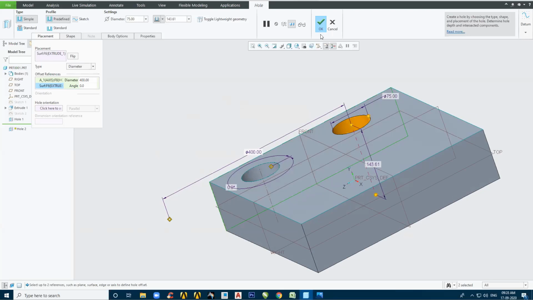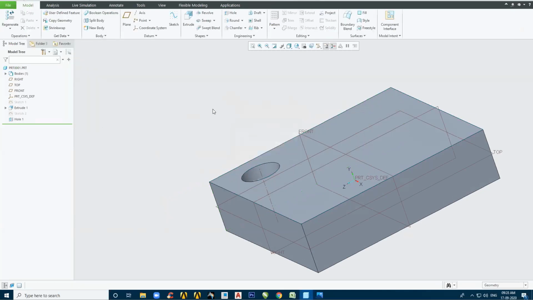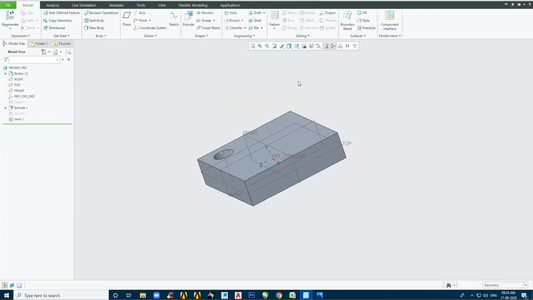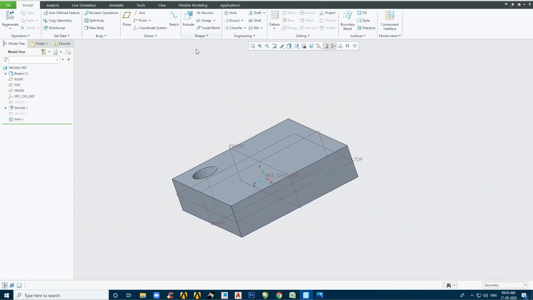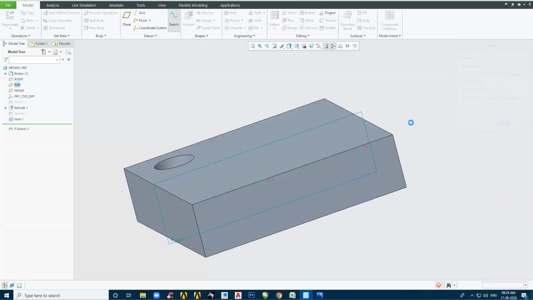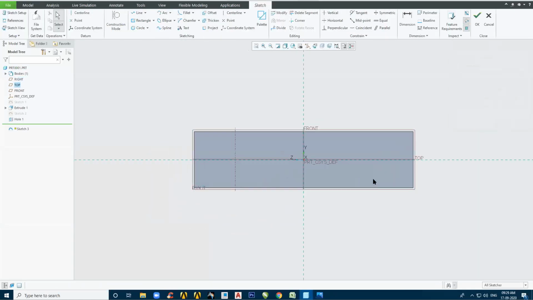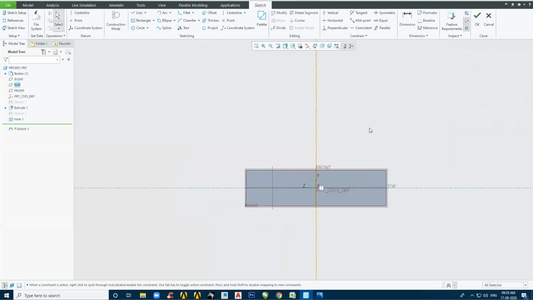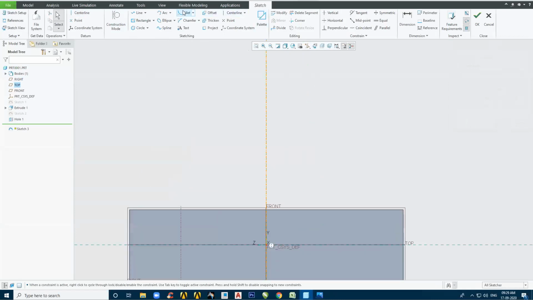Okay. See, there is one more thing in CATIA. I will just show you. I need to delete this. Okay, let's see. I am creating this datum center line. I am creating one profile.